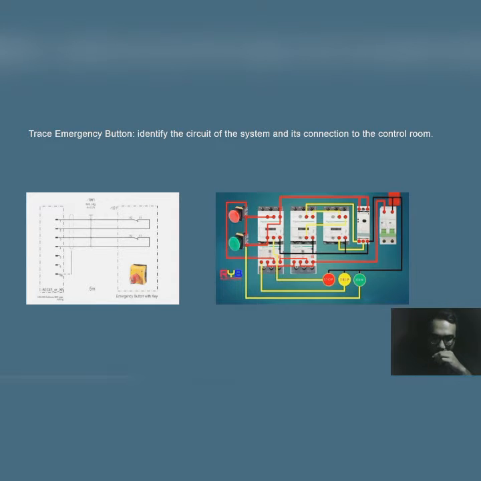Once the button is pressed, a distress signal will be discharged locally to grab attention at the control room. The circuit of the system uses a 3-phase system, with line 1 probably red color, line 2 yellow color, and line 3 blue color. Also for the grounding,